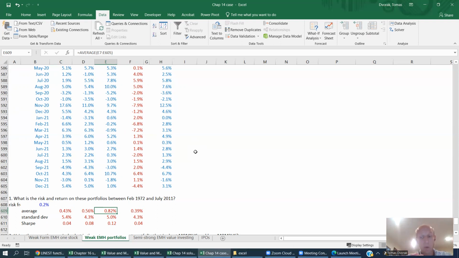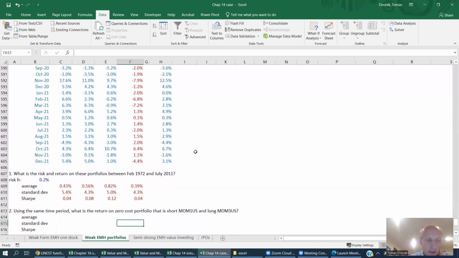That if we go long high momentum stocks and short low momentum stocks, we're going to make money. We're actually going to make about 0.39% per month, which is a really nice